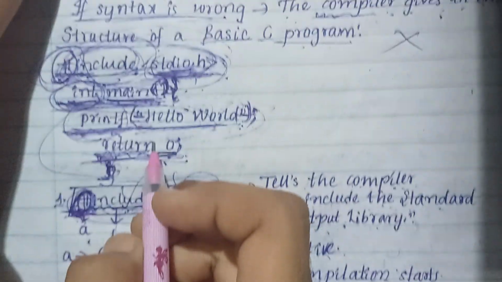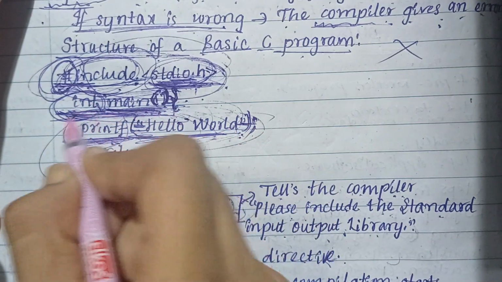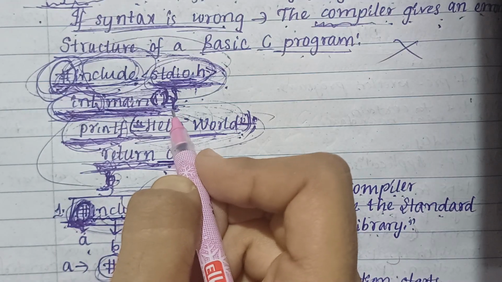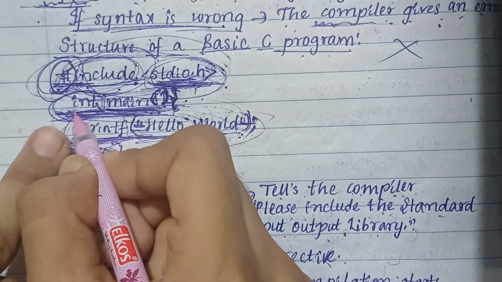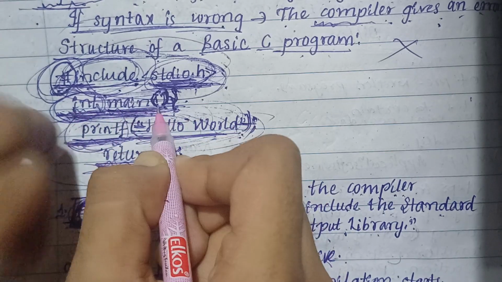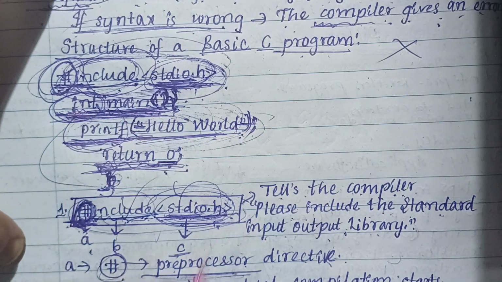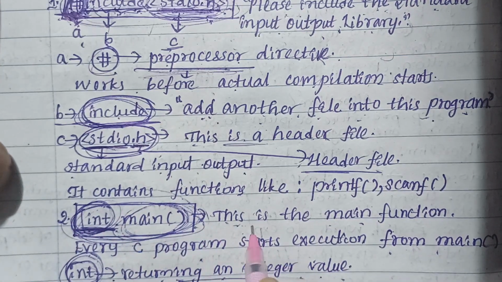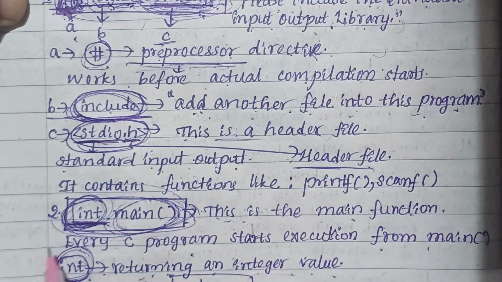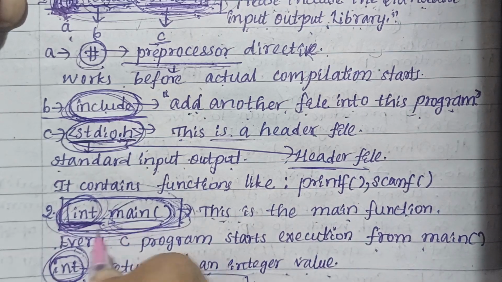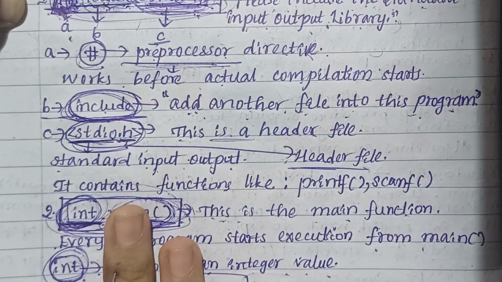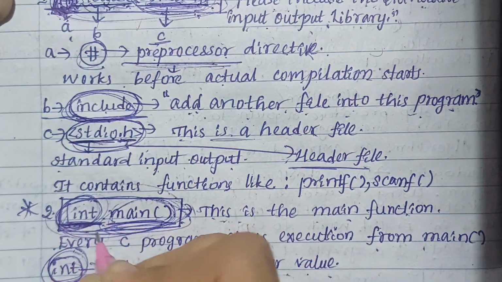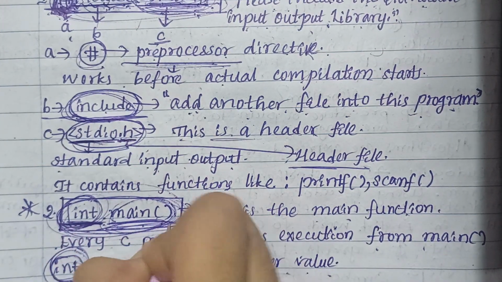And the second line we can see as int main. What does this int main actually refer to? As you can see here, again we can see three terms, that is int, main and this parenthesis. Now let us individually study what is what. So this entire int main is our main function. Every C program execution will start from this main function. Okay, this is a very important point to remember, that every C program execution will get started from this main